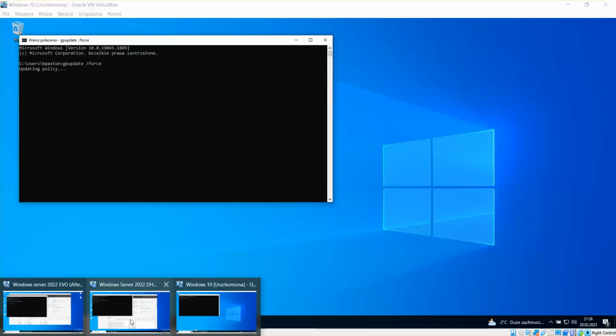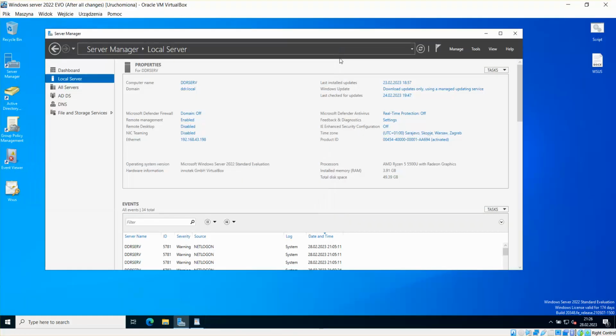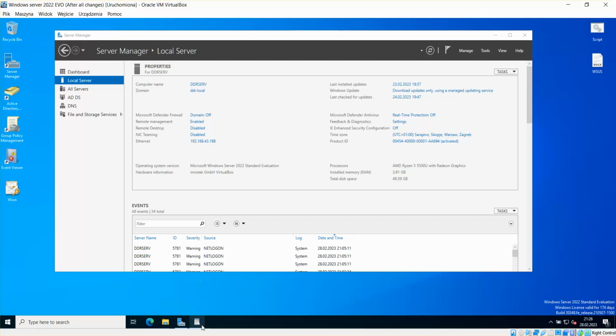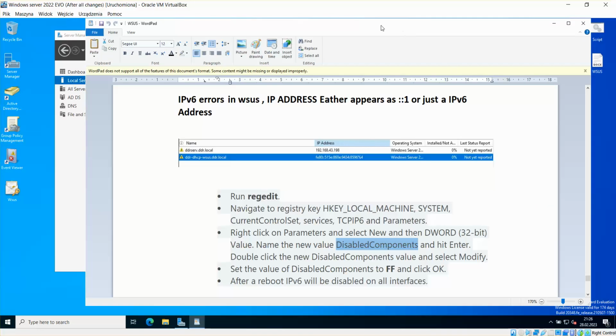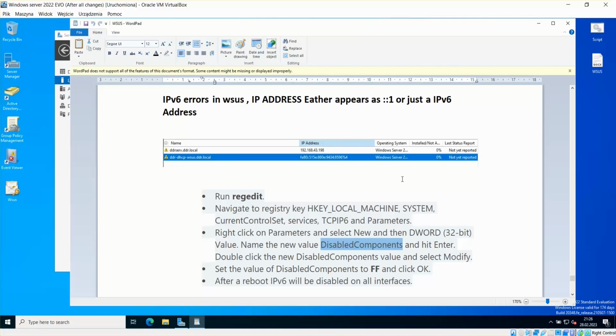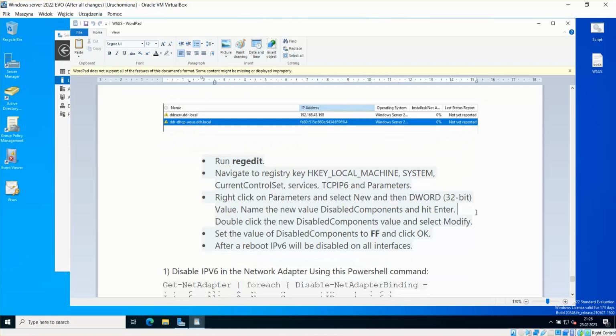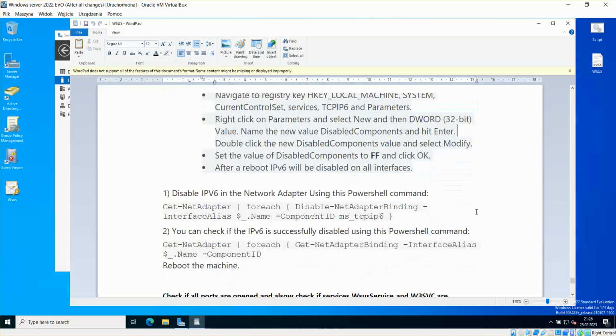So if it goes to IPv6 and problems with it, you can do it like this with a GPO. It should fix your problems, but if you still want to disable everything totally, you can try also disabling